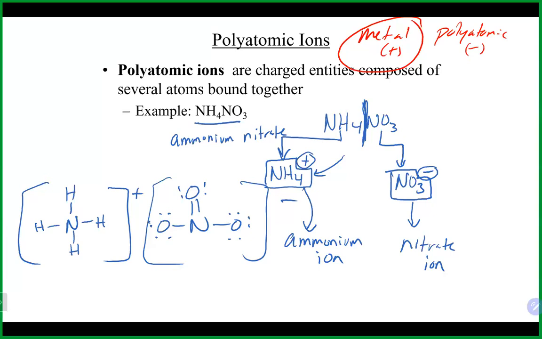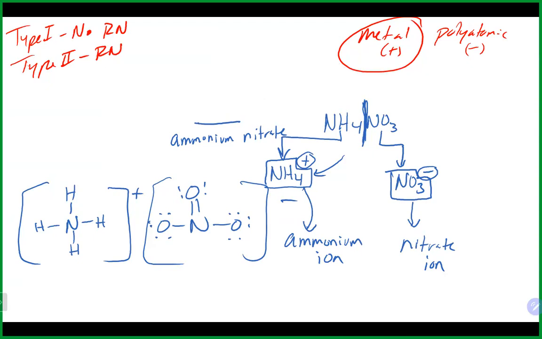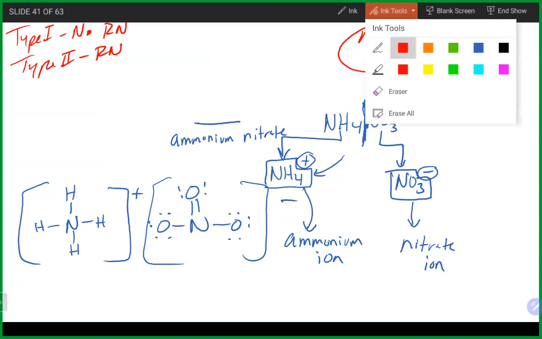So if that metal is a type 1, no Roman numeral is needed. And if that metal is a type 2, you do need to figure out the charge and the Roman numeral. So for example, if we had